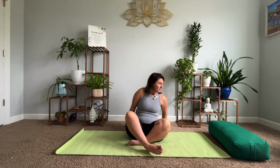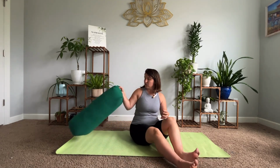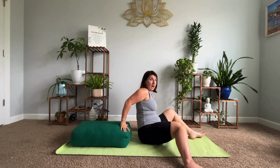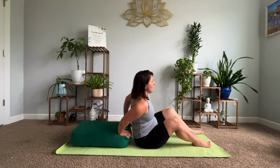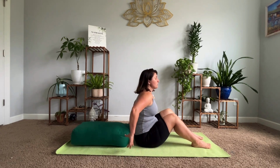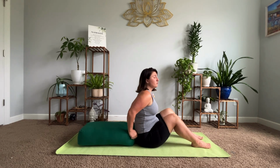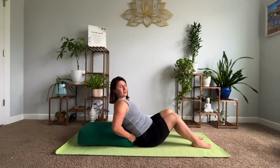Going ahead and opening your eyes gently, we're going to go ahead and grab that bolster, and we're going to come into a supported fish pose with the bolster. So bringing this bolster behind you, and the short end of the bolster or your pillows are going to be facing your back. So you're turning away, and I like to start with bending into my knees, having the soles of the feet onto the mat, and reaching behind and scooting the bolster towards you and having it press up against your sacrum. And then from here, you can begin to lower on down,